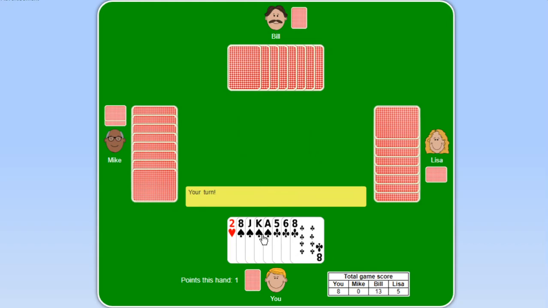Unfortunately, we lost that trick. And so you might be saying, hey, who takes the trick? And I didn't really touch on this, so I should now. You saw that Bill played a queen there and I had a jack. And you might be saying, well, a queen is higher than a jack, so why didn't Bill take the trick? The player who plays the highest card of the original suit that was played on the trick